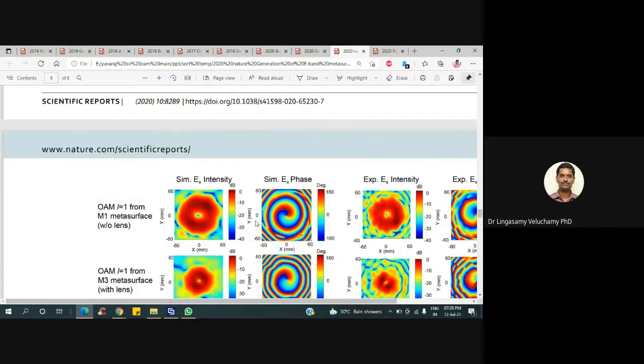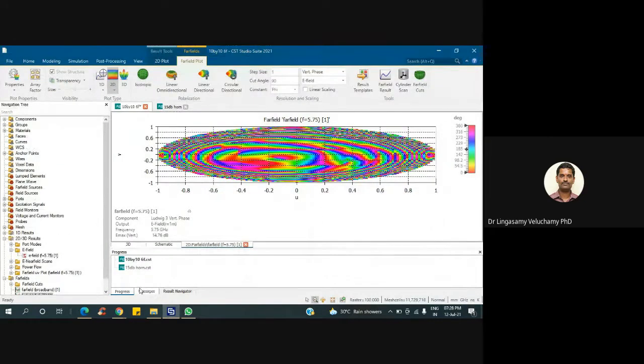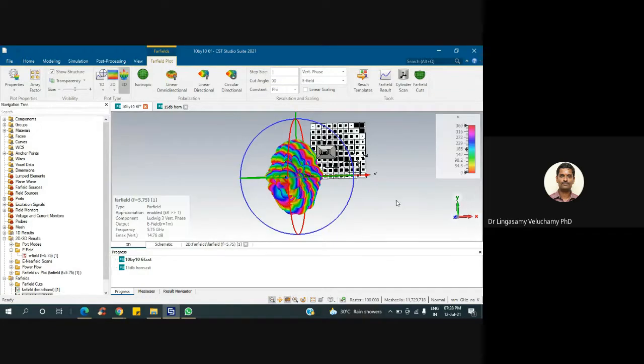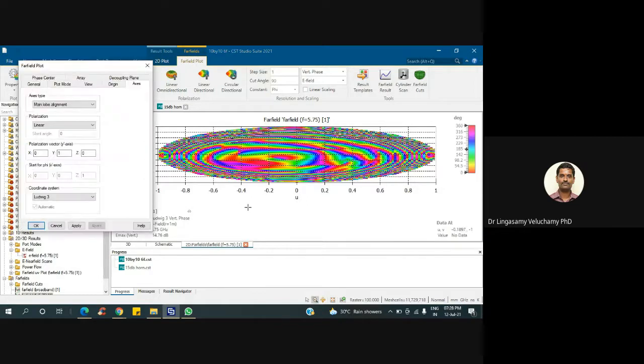Can you go back to the plot? So here you change the distance. Whatever you are getting is correct. The same pattern here, here also. Or else, can you go to plot properties? I'm asking about plot properties, the same plot. I can see whether you can mention in that, change the coordinate system. Can you change the coordinate system to Ludwig 3, to spherical? Yeah, apply.